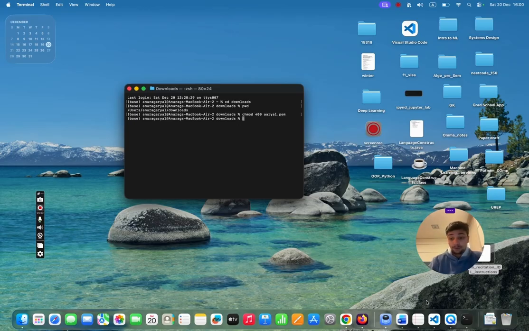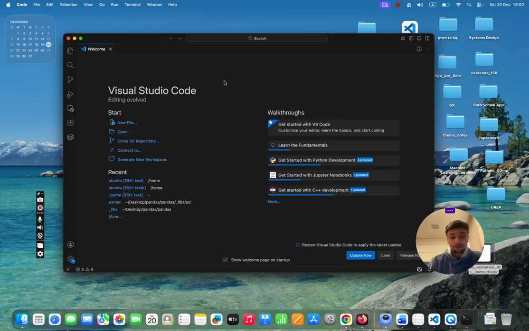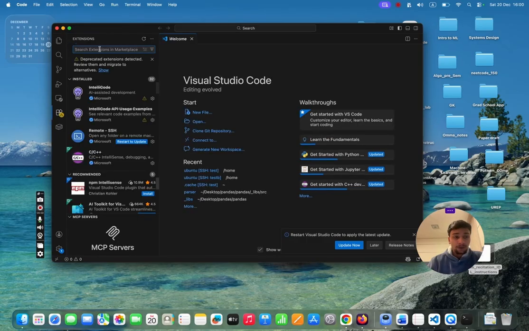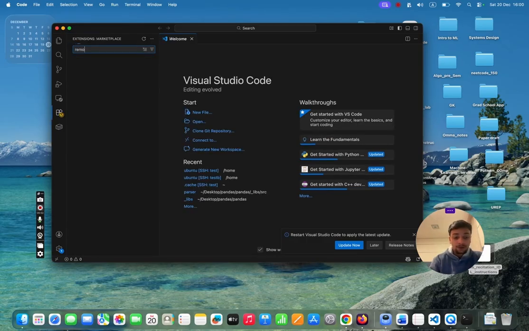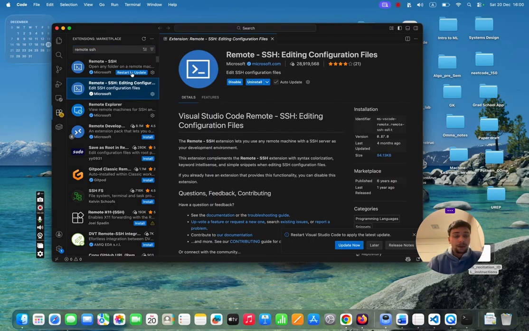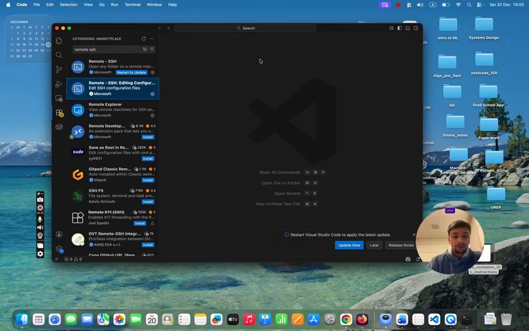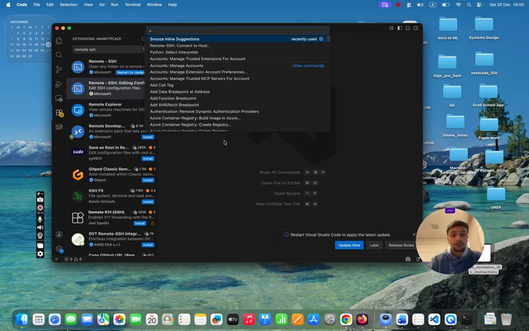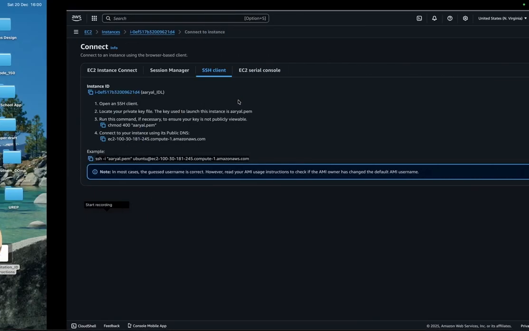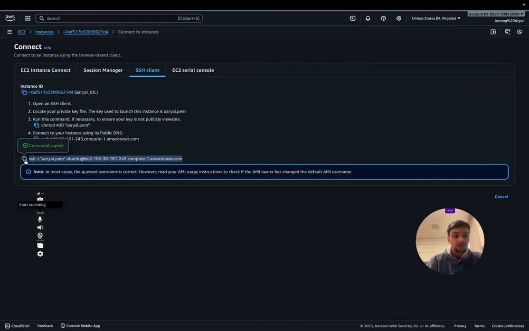Once we've done that, open VS Code. Make sure that you have the remote SSH extension. Then do Command Shift P on Mac or Control Shift P on Windows. Then click on remote SSH, connect to host, add new SSH host. So here we're supposed to put this command,